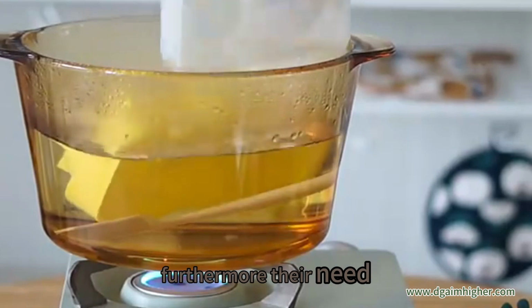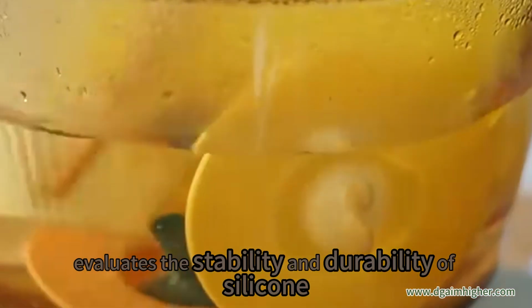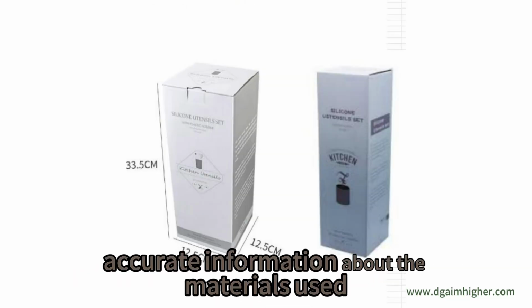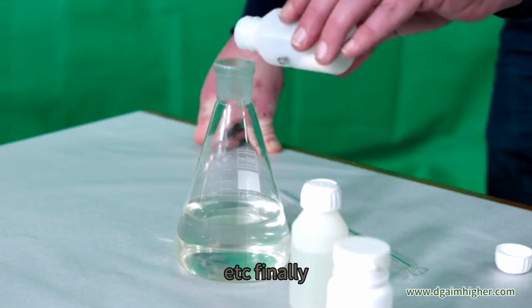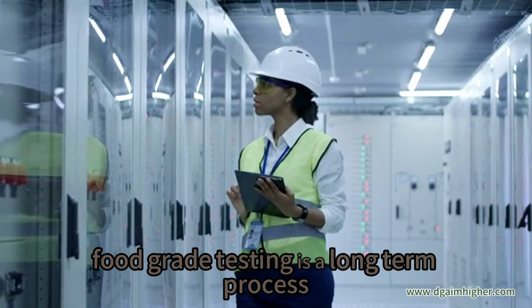safety of food. Furthermore, they need to evaluate the stability and durability of silicone materials under various conditions, including exposure to high temperatures, cryogenics and detergents. Besides, they need to assess label compliance, whether it provides accurate information about the materials used, instructions for proper use and care, and any warnings, etc. Finally, it is important to note that FDA food grade testing is a long-term process that